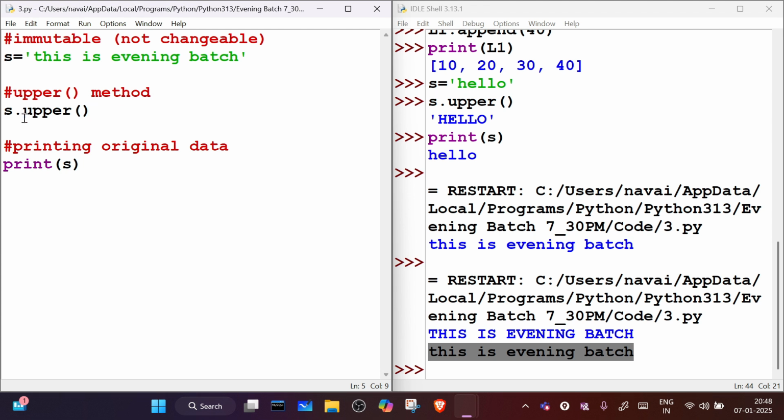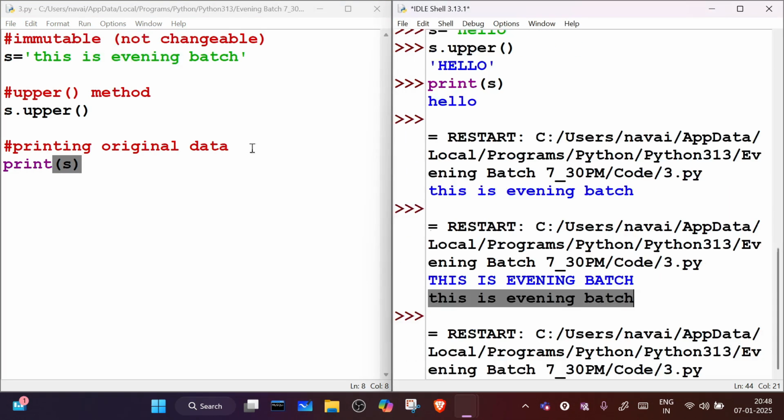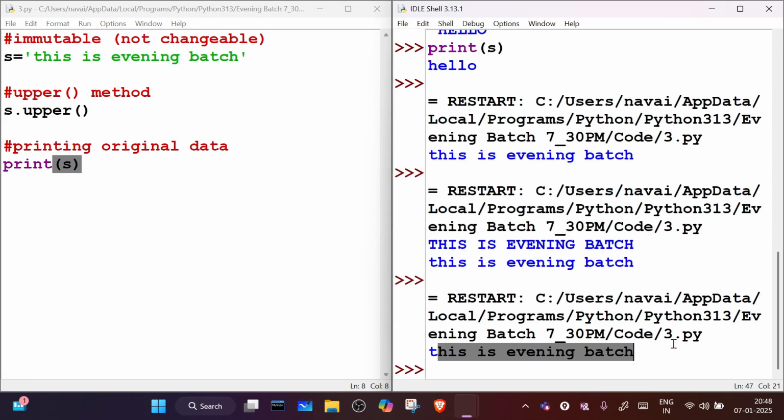I'm writing here one operation. This operation is responsible to convert our string into upper. So after applying this operation, our s string should convert into capital. But when you execute it, it will not convert into capital. It is the same. But after applying this operation, if you create another variable, like I have created an operation variable,